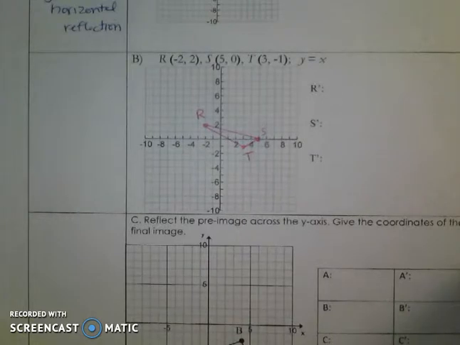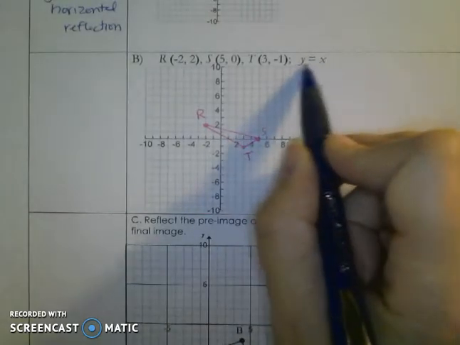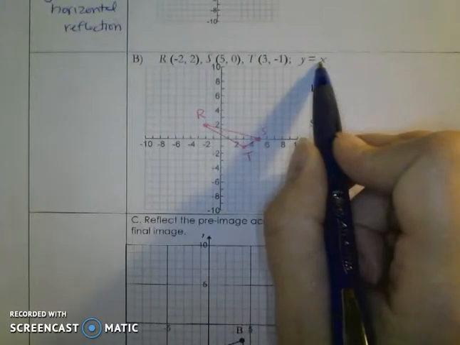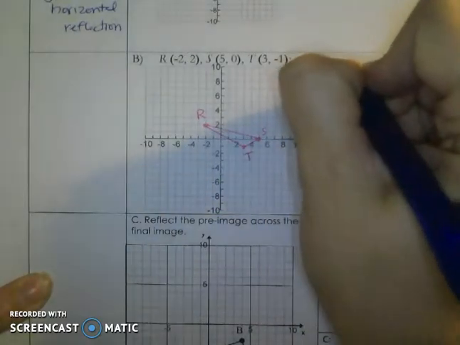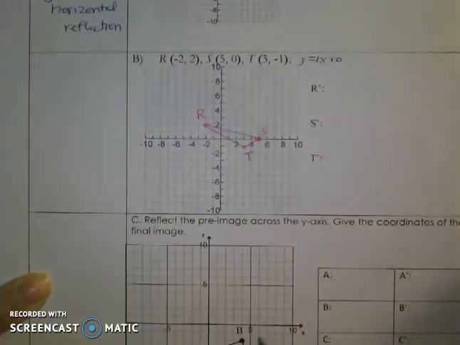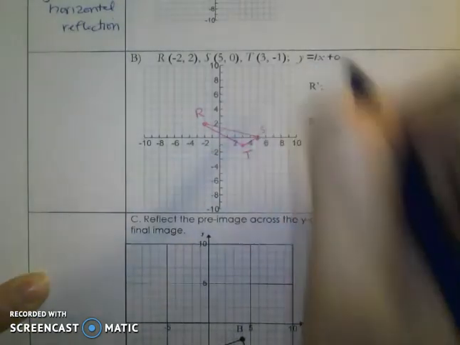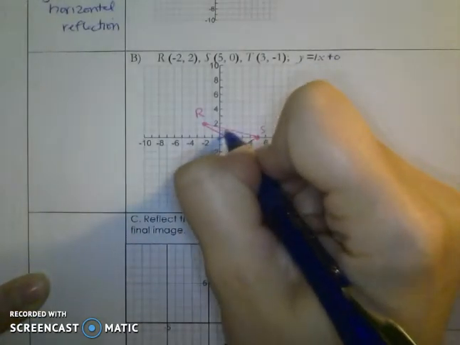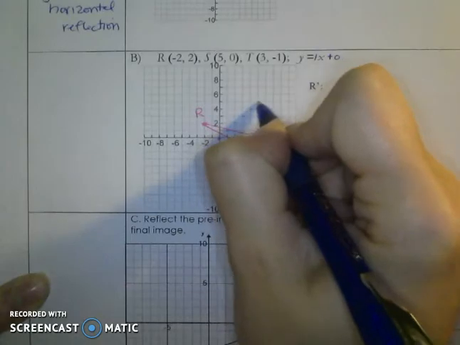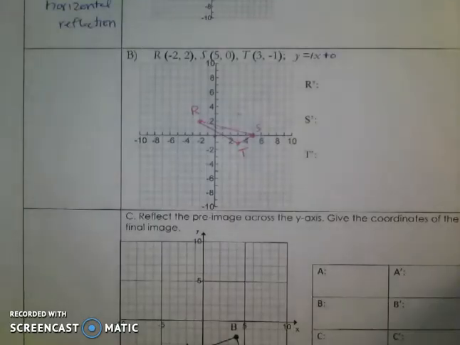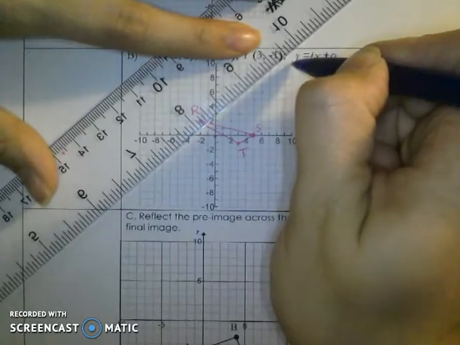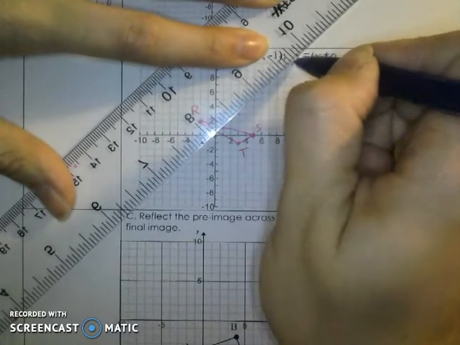Now we want to draw our line of reflection here. So we're going to start at 0, go up 1 over 1, because remember there's a 0 here and a slope of 1 when it's y equals x. So starting at 0, up 1 over 1, up 1 over 1, and there is going to be our line of reflection. So we're going to go ahead and draw that so we can put our Mira or use our patty paper